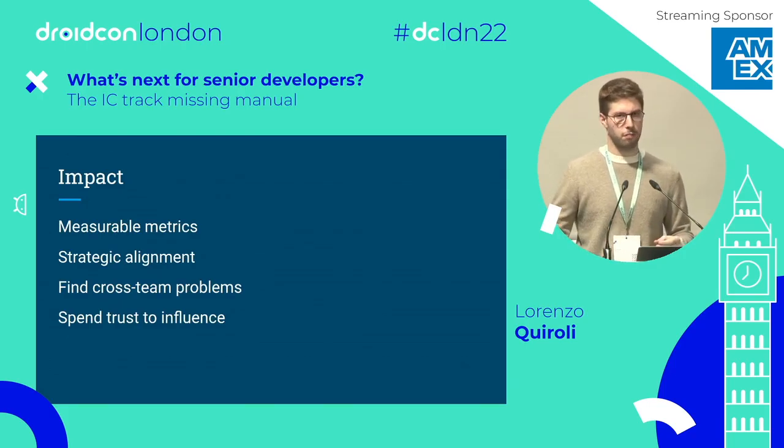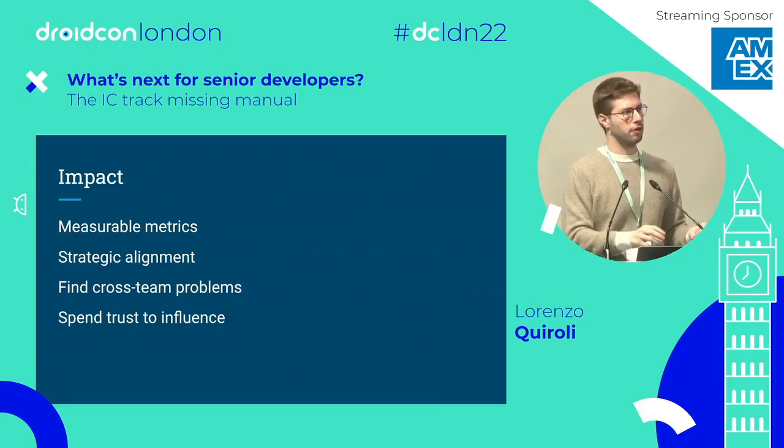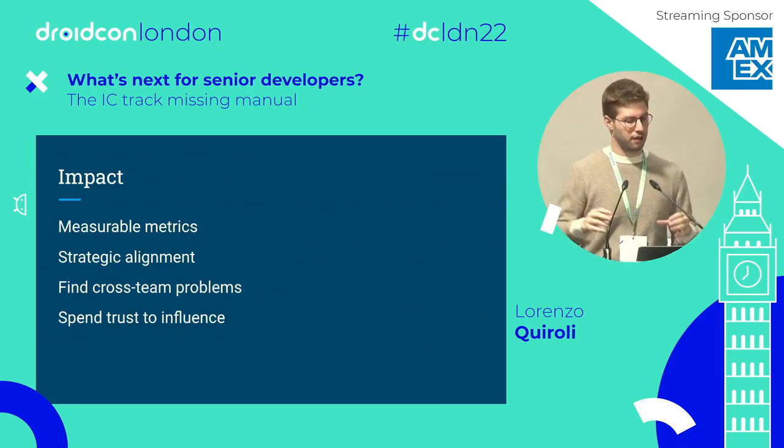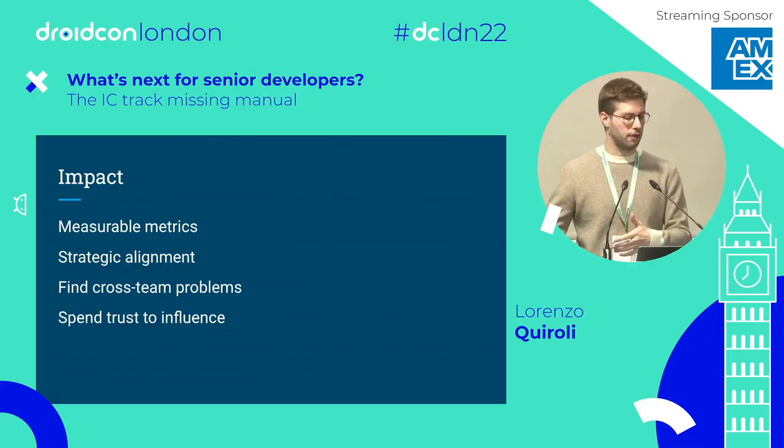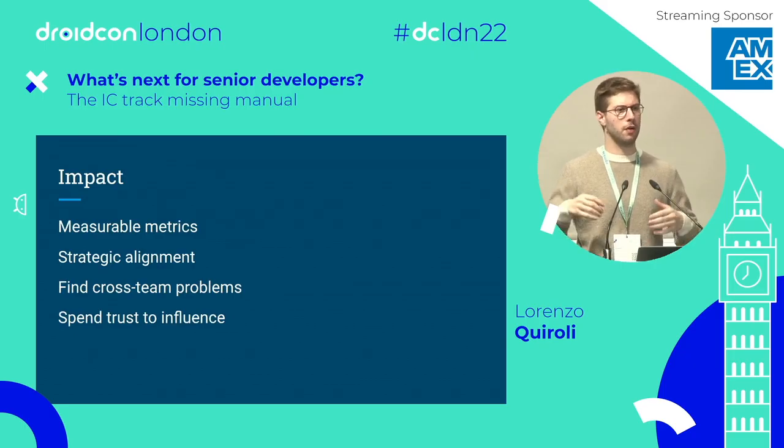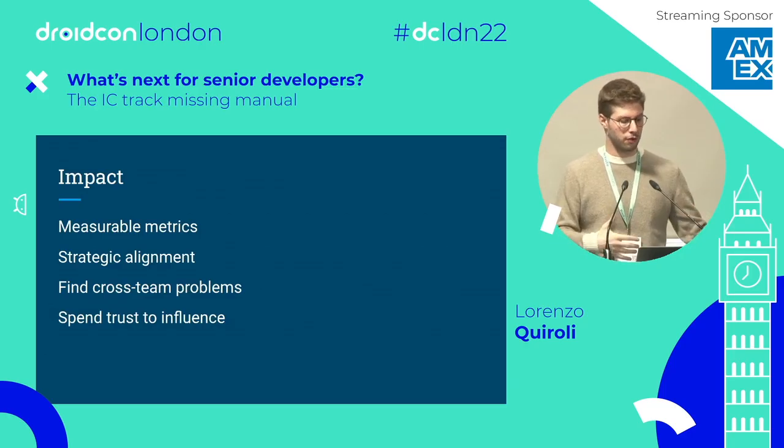Also, finding cross-team problems. As a senior developer, you are expected to deliver especially within the team, and finding problems that span across multiple teams is a great way of finding that impact. If you are finding a solution to a specific problem, think about whether any other team needs this solution. Maybe what you need to do is just raise visibility. When companies become big enough, they lose visibility about what other teams are doing. And raising visibility about what you have done is part of the job.